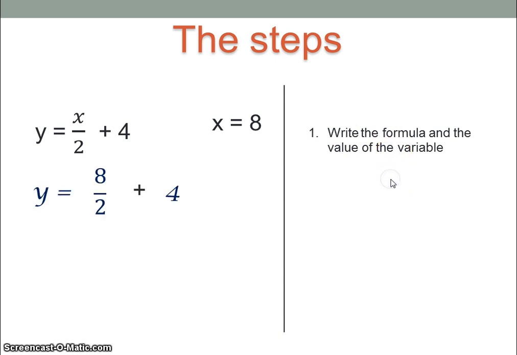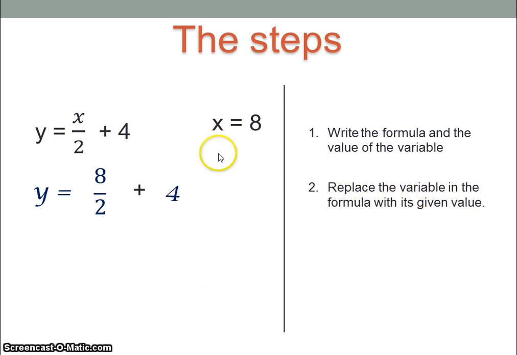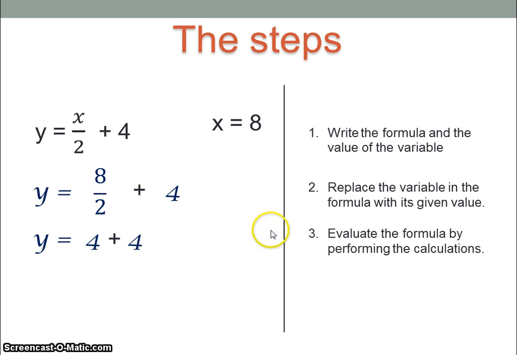Next thing we do is we've got y equals 8 over 2 plus 4. So we've got the 8 based on the value of x. So the second step is that we replace the variable in the formula with its given value. So we've replaced the x with 8. Next step is pretty obvious. What we do is we just evaluate the formula by performing the calculation. So 8 divided by 2 is 4, and we add the other 4,